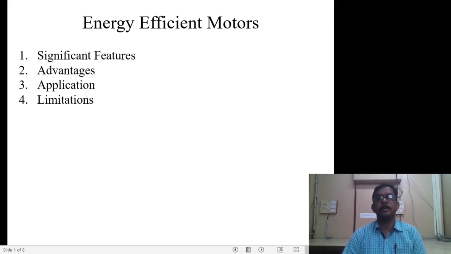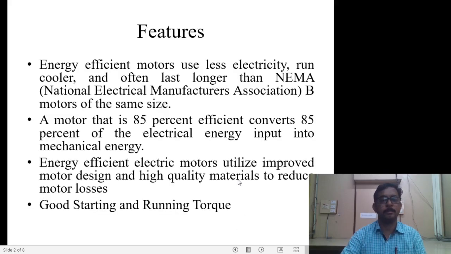In the early days, when Nikola Tesla invented the induction motor, there were very large losses in the induction motor. The efficiency went up to only 60% or 50%, or sometimes only 40%. That is, electrical energy was converted into mechanical energy up to 40% only. So for that purpose, many people worked on the design of the induction motor to reduce the losses, and the result is that these energy efficient motors were derived.